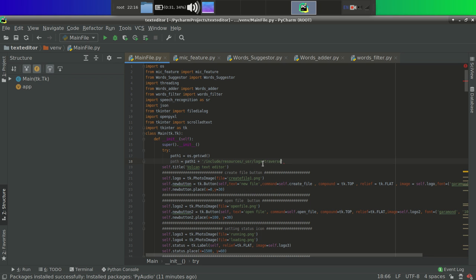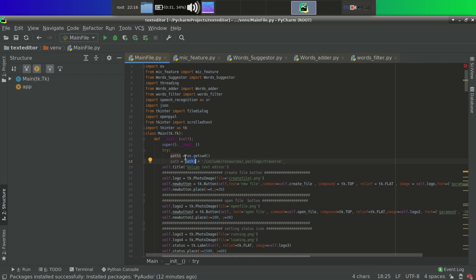So in the traverse folder, all the anonymous saves will occur, and it will be in the logs folder, and that is going to be in usr, and usr is going to be in resources, and resources is going to be in include. So currently we are going to make 5 folders one by one: include, resources, usr, logs, and traverse.